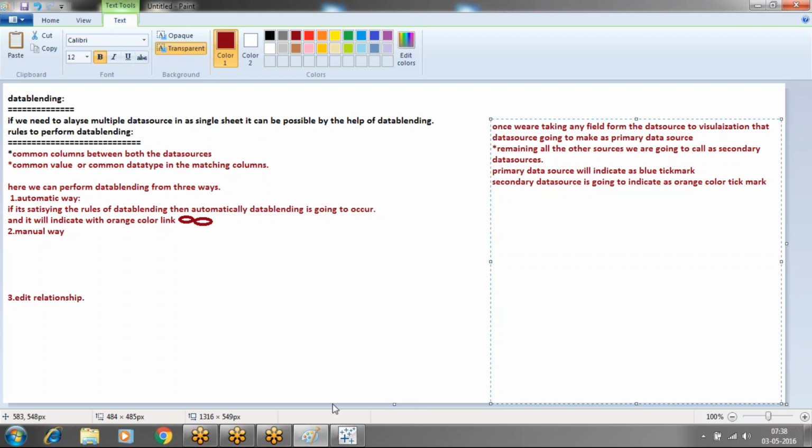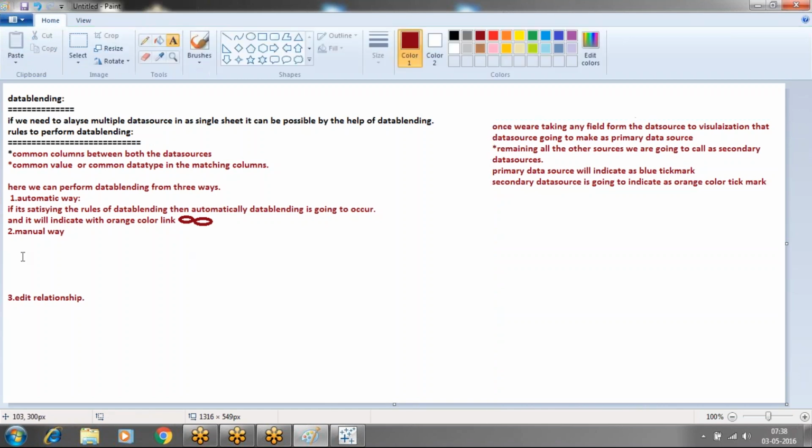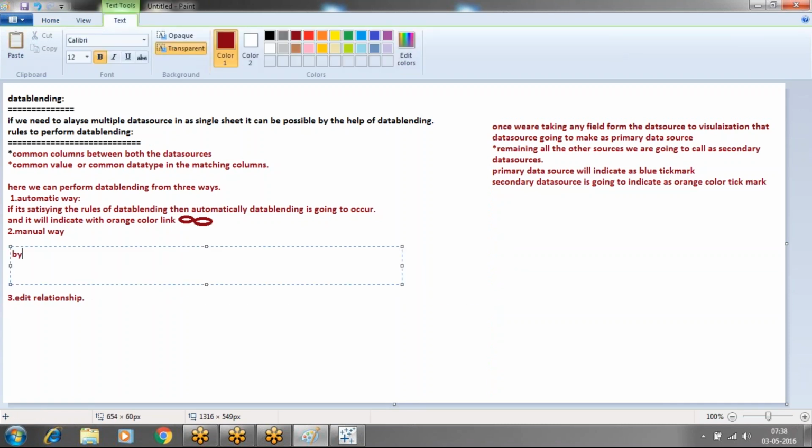And here we have automatic and manual. Automatic means if the fields satisfy the condition, then it is going to change. Manually means by changing the column names,